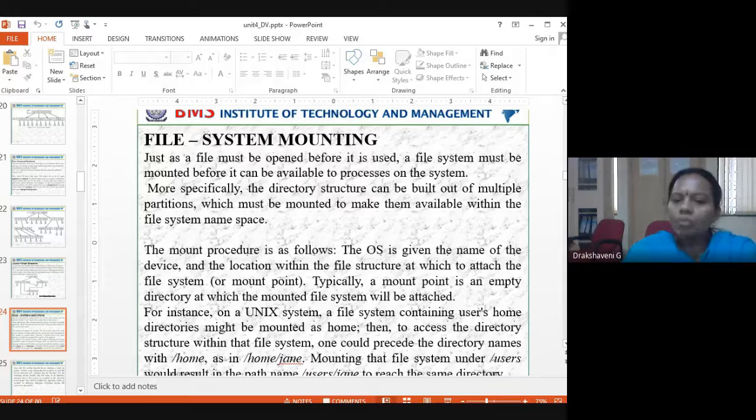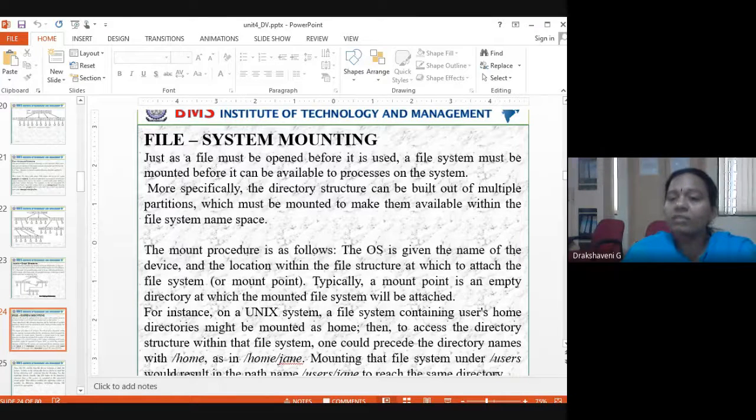Typically, a mount point is an empty directory at which the mounted file system will be attached. For instance, on a Unix system, a file system containing users' home directories might be mounted as /home. Then, to access the directory structure within that file system, one could precede the directory name with /home/jane. Some names you can give.